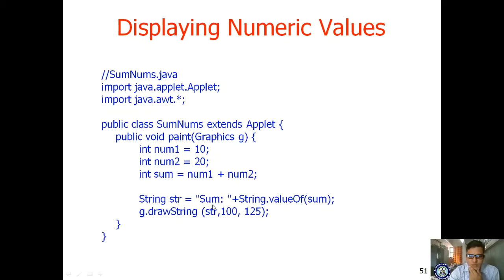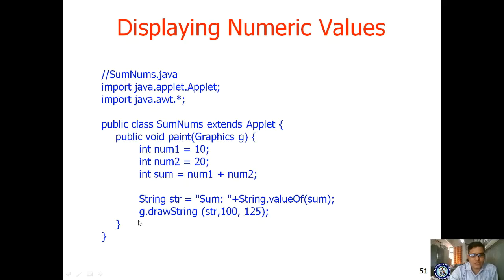String str is equal to "Sum: " plus String.valueOf(sum). Please observe here, we are taking a string variable and assigning one value, that is "Sum:", which will be displayed as it is, plus String.valueOf(sum). Whatever numerical value, 30, exists, the String.valueOf function will convert the number 30 into a string.